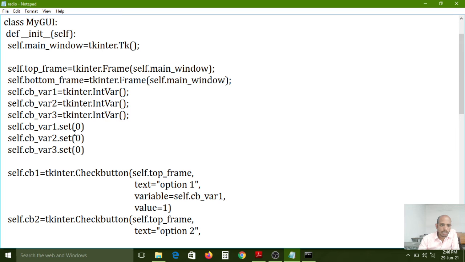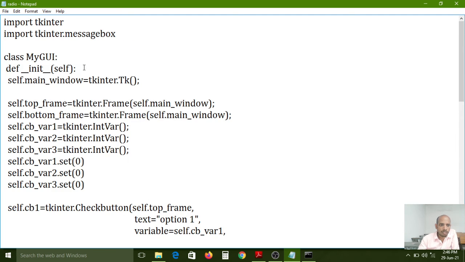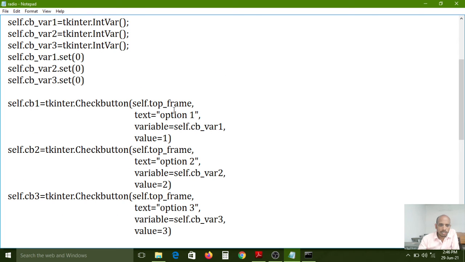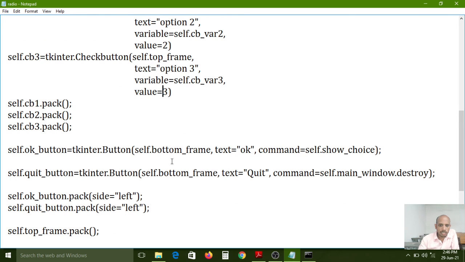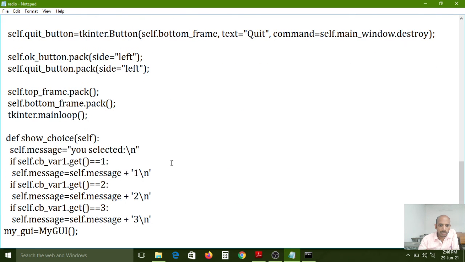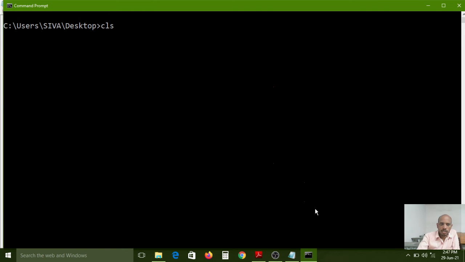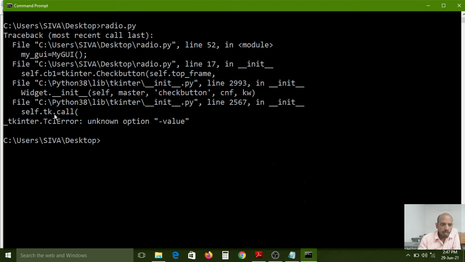Main window, top frame, text option 1, variable 1, value equal to 1. TCL error: unknown option minus value.